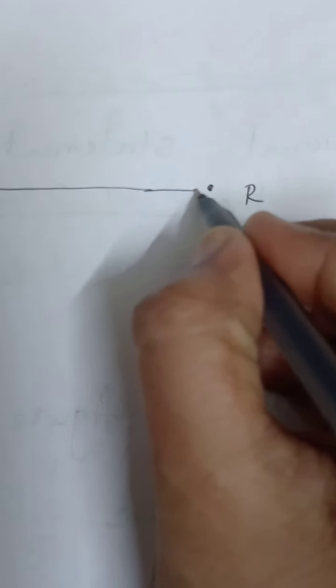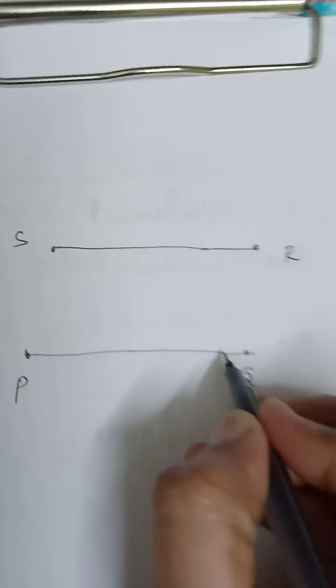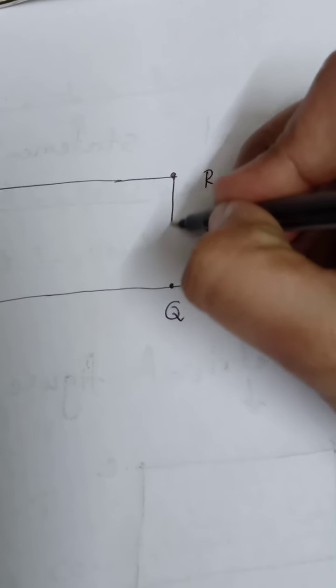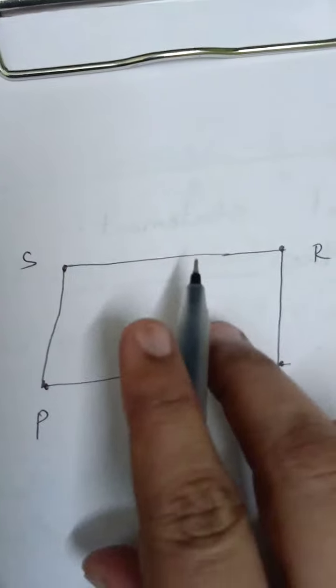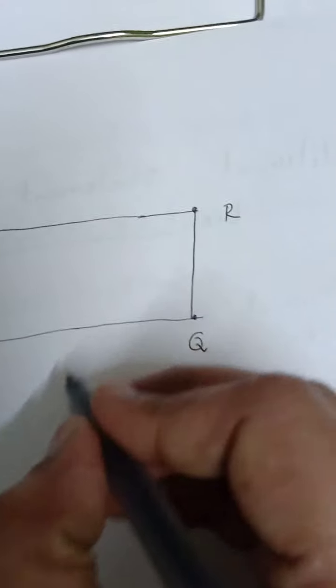Now we'll see one more type of quadrilateral. If any 4 points are there, for example, I am taking 4 points P, Q, R and S. So P, Q, R, S. I am taking its opposite sides parallel to each other. So PQ is parallel to RS, and PS is parallel to QR. So whenever the opposite sides of a quadrilateral are parallel to each other, this type of quadrilateral is called